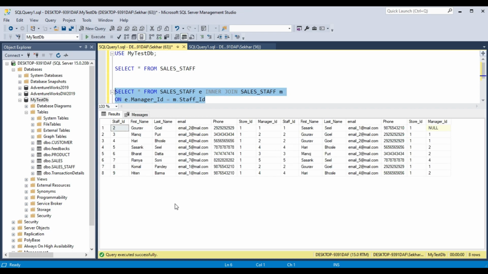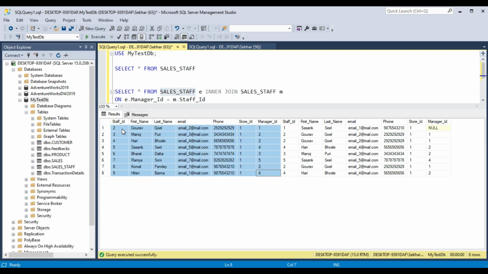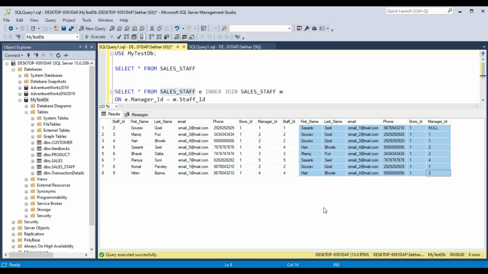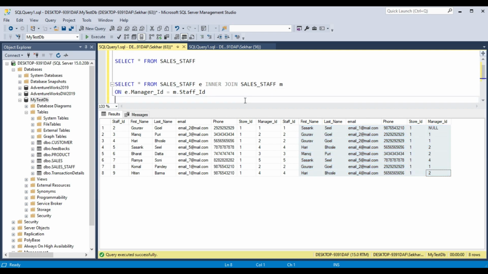Okay, so now this is the case. So what happens? This is mostly the first table, sales staff. We are taking it as E. I was referring to it as an employee or a staff. So this side is the staff side, and this side is the manager side. Okay, so we will add it here